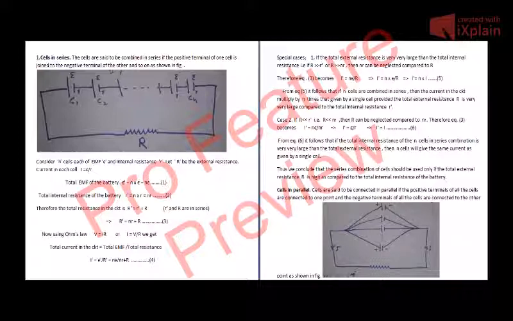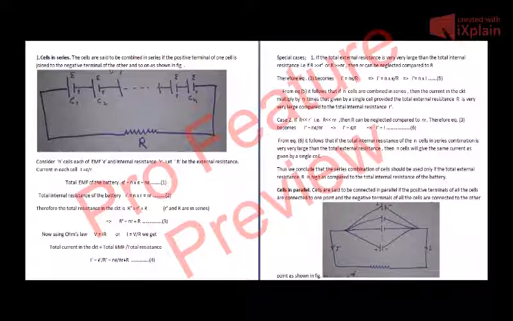Now let us discuss the second case. What if the internal resistance of n cells is greater than the external resistance? Let us discuss that case. So if R dash is very large compared to capital R, that is, if the internal resistance of n cells is very large than the external resistance R, then R can be neglected, so that equation 4 becomes I dash is equal to E dash upon nr. I dash is equal to nE upon nr, capital R can be neglected, so n and n cancel, it means I dash is equal to I.